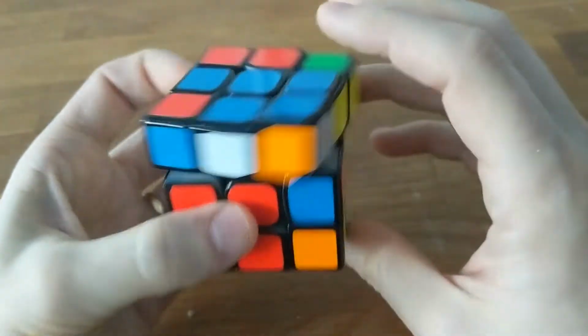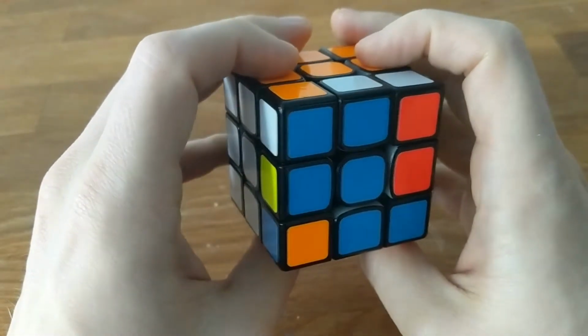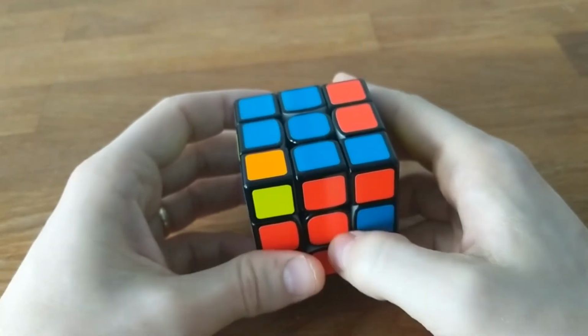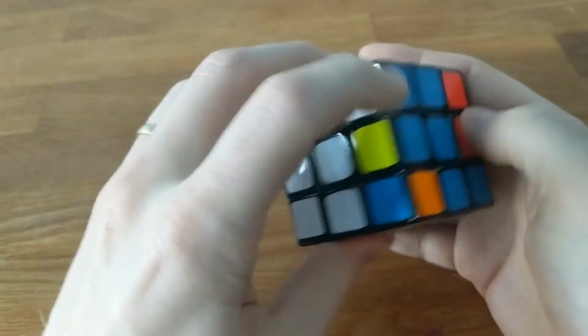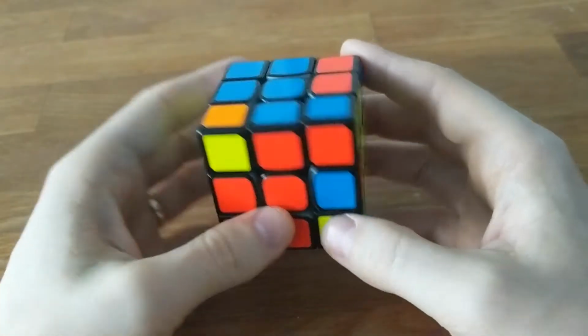Now that'll look pretty easy, but you could have other cases that aren't quite so easy. Or say you only have 1 top layer edge solved. So now you have 4 unsolved edges. So how do you get to the state where you have 2 unsolved edges? Or you could have,